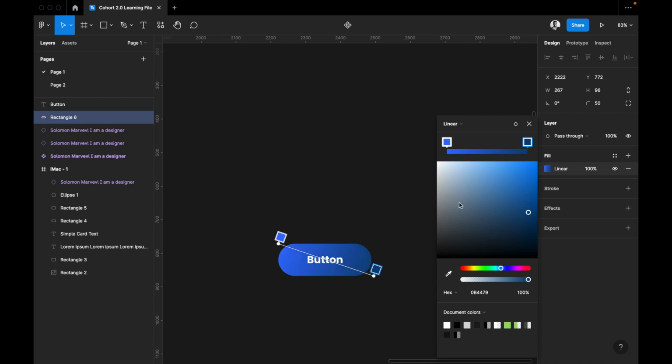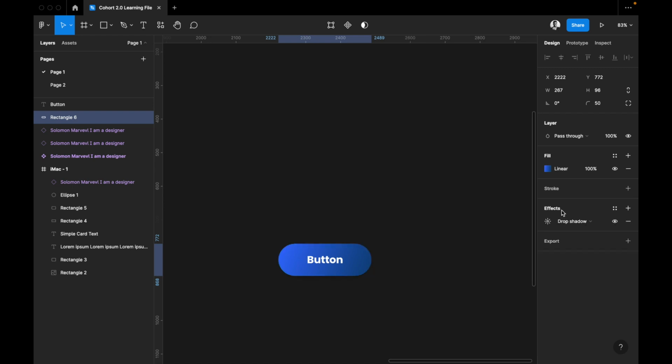And you can also use multiple options. You have angular, you have diamond. After doing this, you can also go ahead and add an effect, maybe an inner shadow. So, an inner shadow, I can spread this out. I can make this a glow of 50, and then spread this to 30. So, you see, we have kind of like,